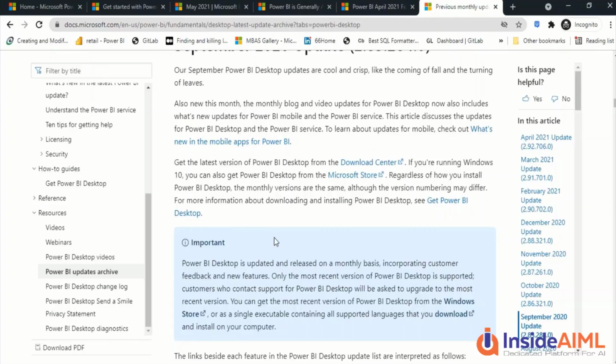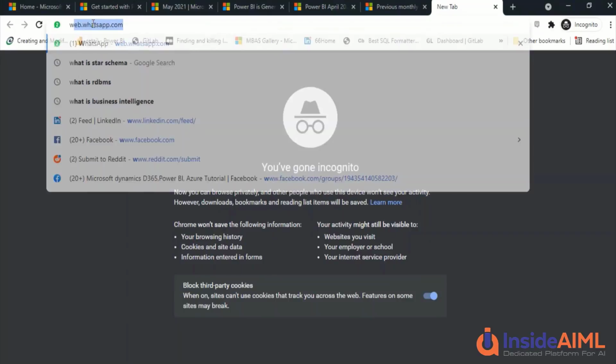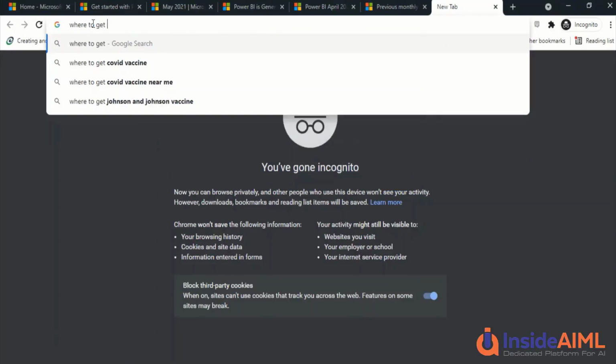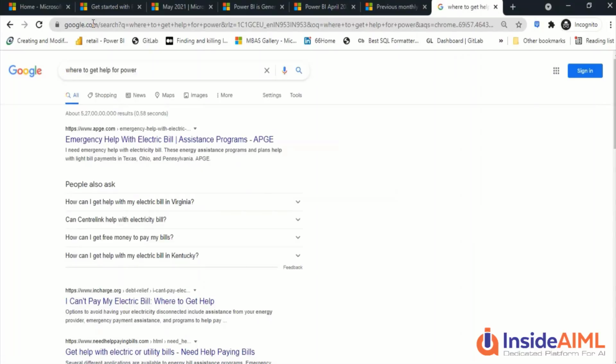So in the Power BI journey, these websites will help you a lot. You can go ahead and look at what are the features available there. You can take advantage of those features. So we will help you out, if you need more links, by providing those links in our videos.